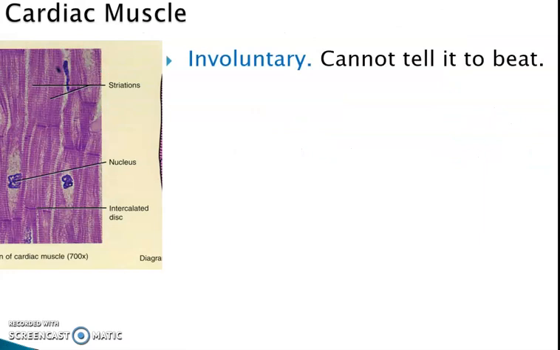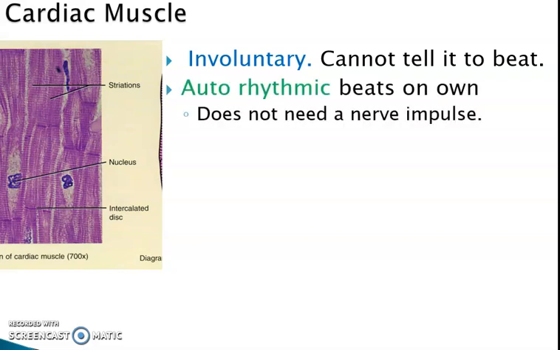It's going to be involuntary. I forgot to write voluntary, remind me to do that. For skeletal muscle, you cannot tell it to beat. You could do breathing to slow it down and speed it up, but it is autorhythmic, which means it beats